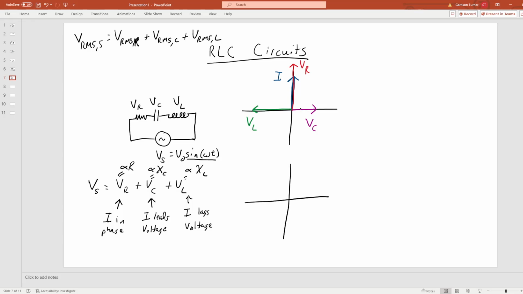Now, what we're going to do is suppose that we've rotated this by 270 degrees. So, if we rotate this 270 degrees,